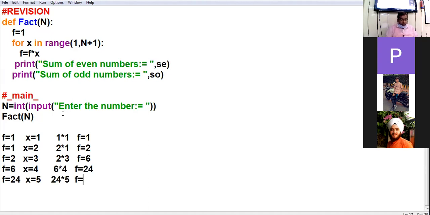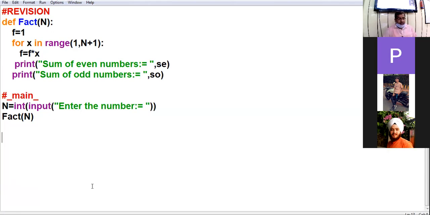f will be 120. In the last stage, when f is equal to 120, x will be 6. There the for loop will fail. So you will have the final factorial of 5 as 120. Got it?